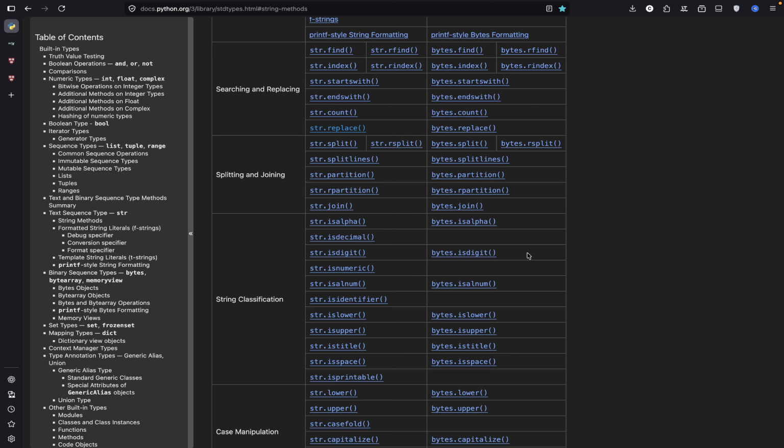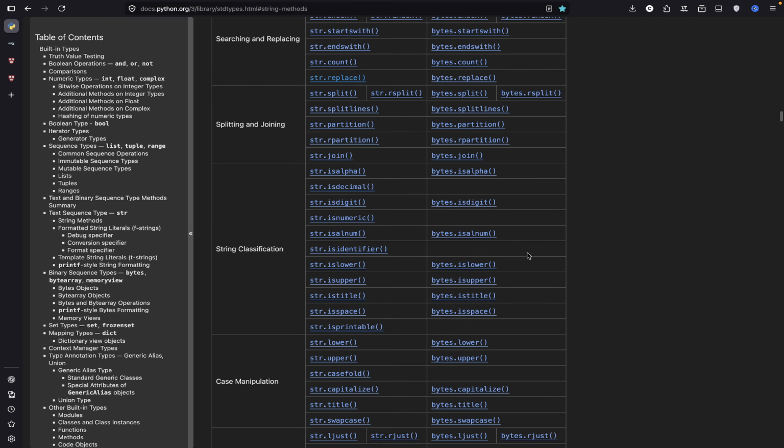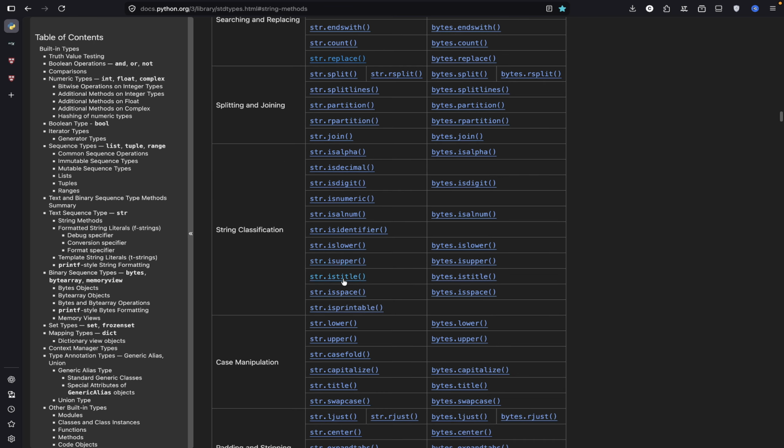Here we need the lower string method, which you can find here: isupper, islower, istitle. While finding this, I learned about a lot of things, like isnumeric, istitle, isspace.